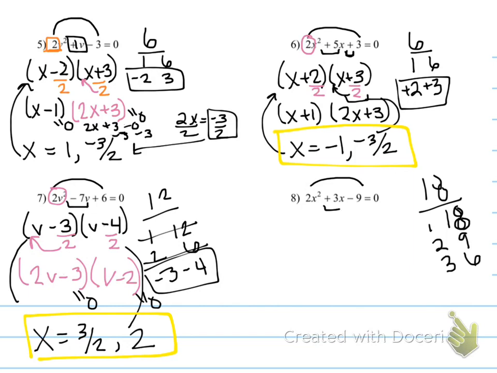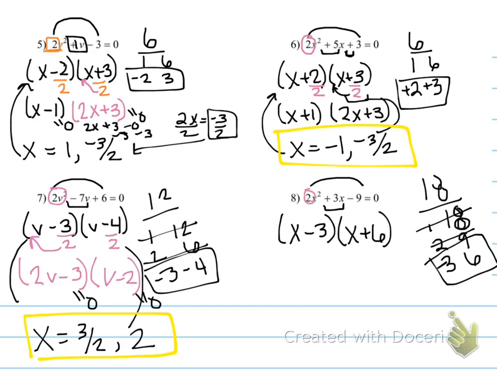Okay, so our goal is to get 3. So 1 and 18, never going to get you 3. 2 and 9, never going to get you 3. Oh, wait, 3 and 6 will. So you just got to figure out what signs they should be. So if we want a +3, that means this 3 should be negative. So I'm going x minus 3, x plus 6, and I'm going to take that first number and divide and